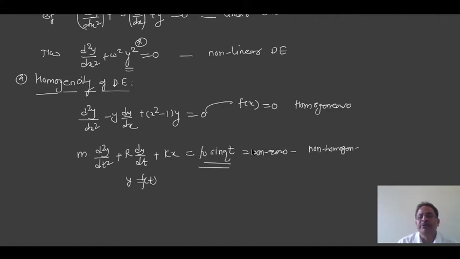So this is the difference between homogeneous and non-homogeneous differential equation. Essentially, the right hand side of a homogeneous differential equation is always 0, whereas in a non-homogeneous differential equation there appears at least one term which is not a function of the dependent variable. Such differential equations are called non-homogeneous differential equations, because depending upon this term, the method of solution of this differential equation is different.